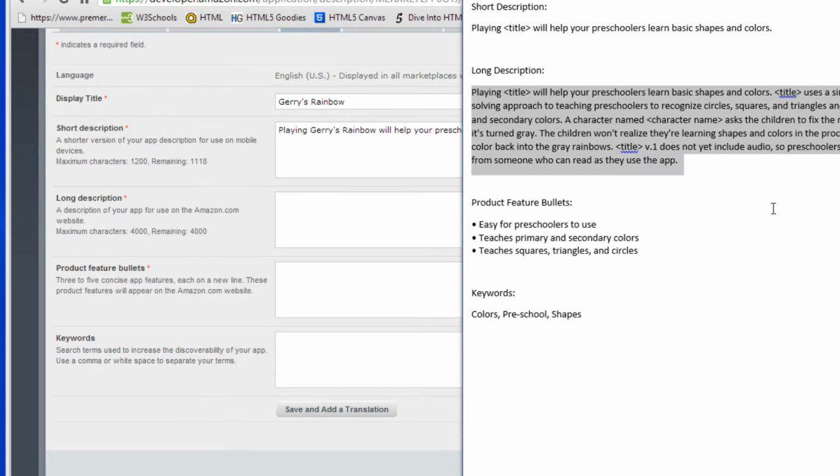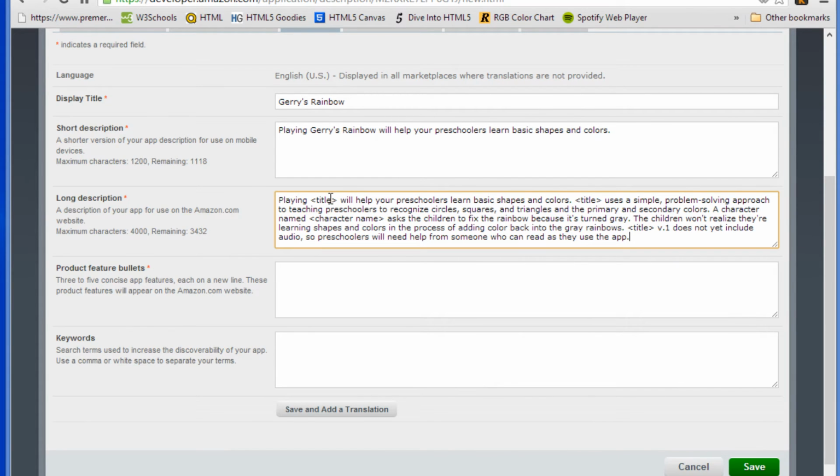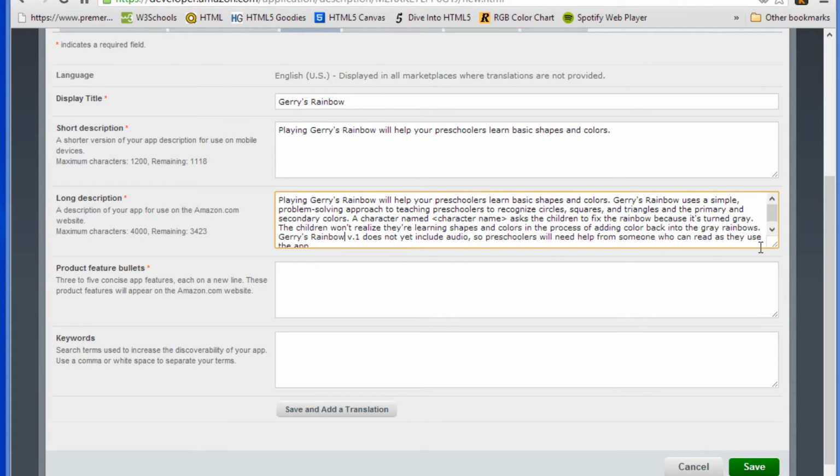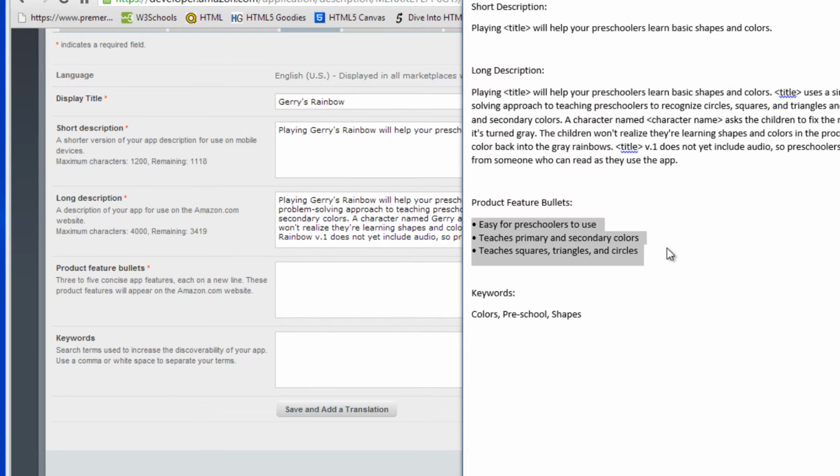Copy and paste the long description into the long description field and do the same thing. In this field there are 3 instances, and I'm just going to save a little time by copying and pasting to replace these 3 instances of title. And then there's one other generic character name because I knew everyone would have to come up with a unique character name. So enter that in. Then you can copy and paste these feature bullets